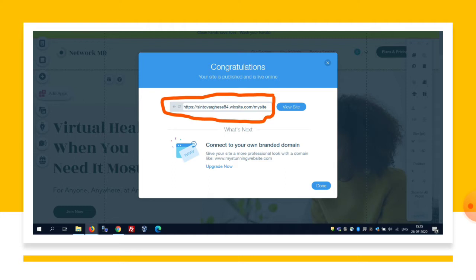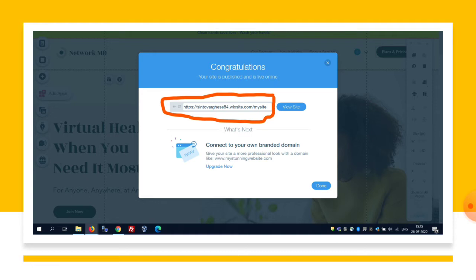Once you click on save and continue, you will get this congratulations window. In red color I marked the website link. Just remember this website link, note it down, and click done. So your website creation is over.